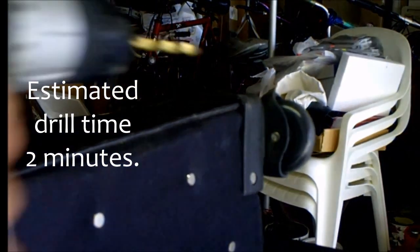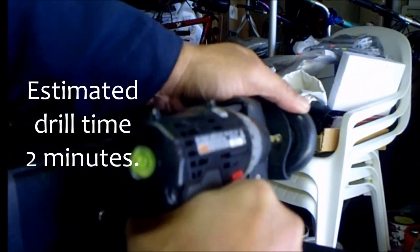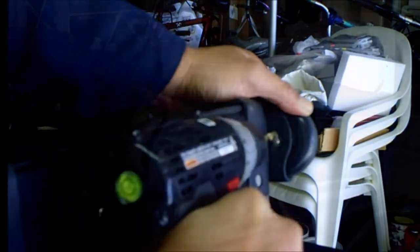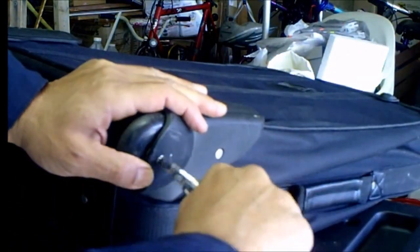So I switched my drill bit to a titanium base one. It seemed like the other steel one wasn't cutting it. So there it goes. So now that I drilled the rivet out, I'm going to pull it out a little bit so I can get a hacksaw in